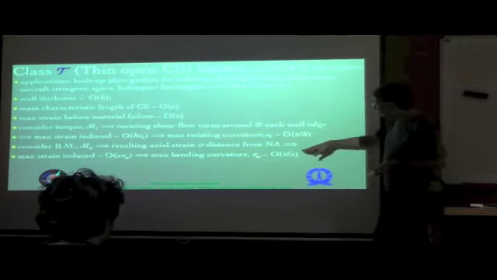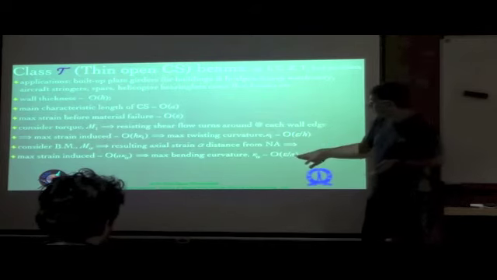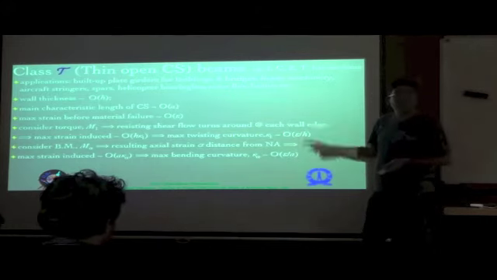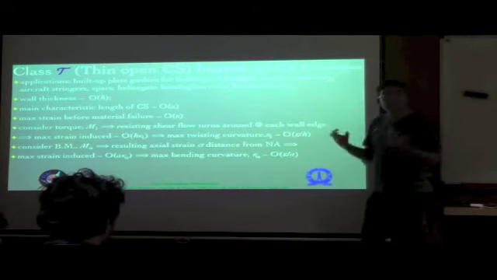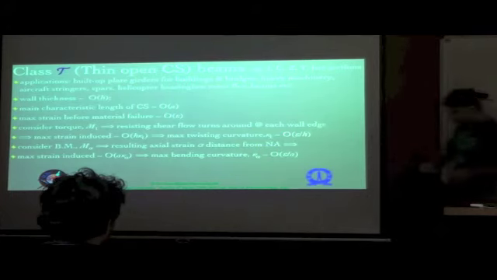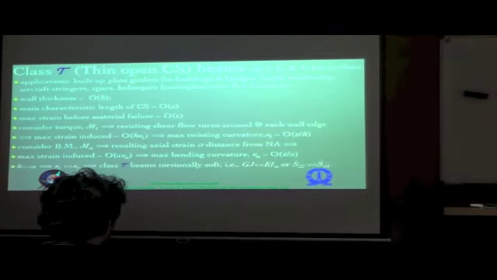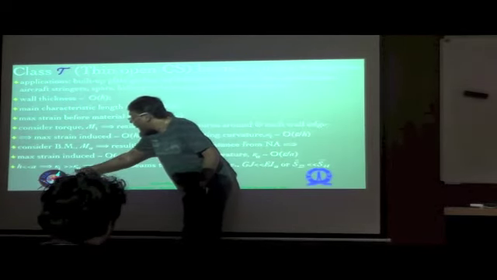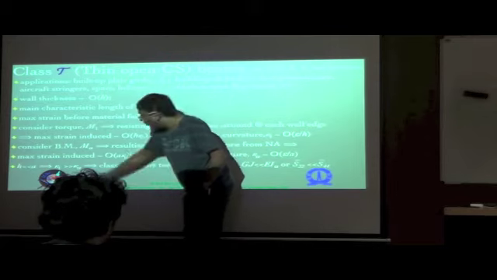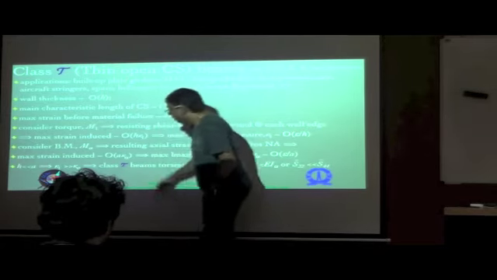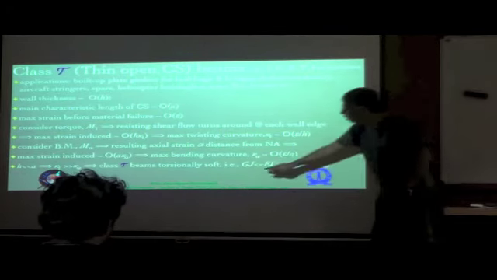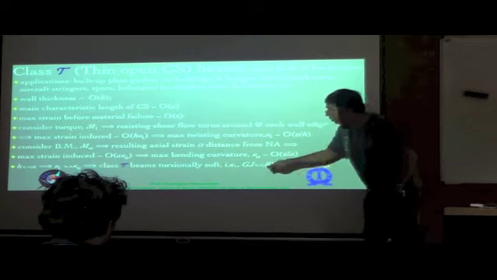Now if you compare these two, the maximum twisting curvature can be epsilon by h, whereas the maximum bending curvature can be epsilon by a. And h and a are quite different from each other in terms of order of magnitude. h is much smaller compared to a. So h is very small compared to a, means that the twisting curvature will be much larger compared to the bending curvature in general, and therefore class T beams are torsionally soft, that is your torsional stiffness GJ will be small